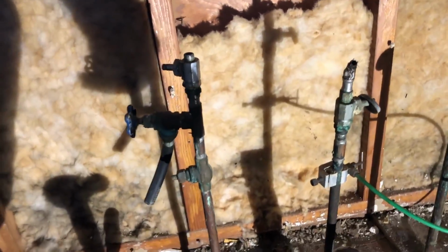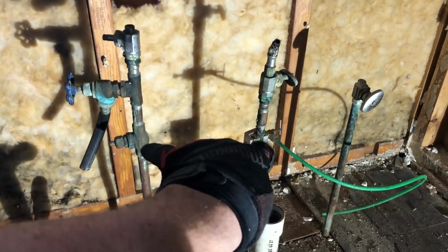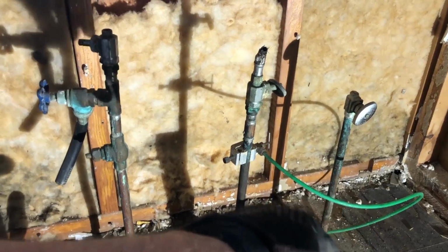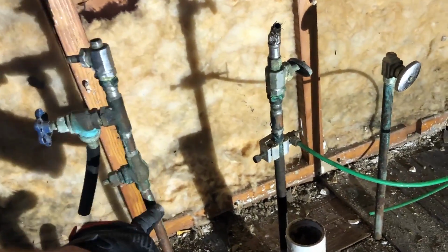Hey guys, so some more prep work before we start putting floor in and cabinets. We're in the kitchen here. I've got 3 lines here. One's hot, one's cold, and then there's some type of water filtration system that was installed at one point that we're probably going to eliminate. I'm assuming these two right here are hot and cold, and then this might be the filtration system. Not 100% sure. So what I'm going to do right now is cut all of these stems here right below the valves,